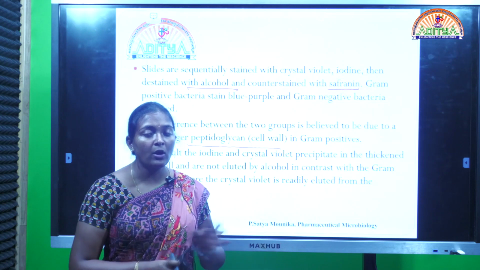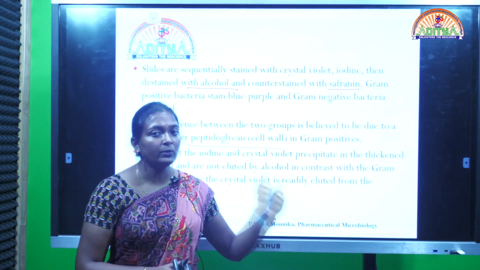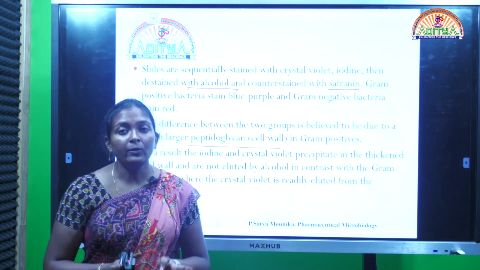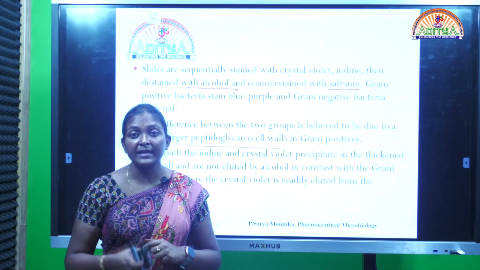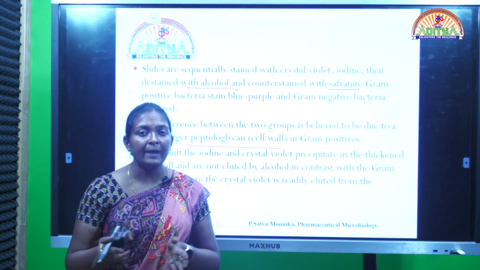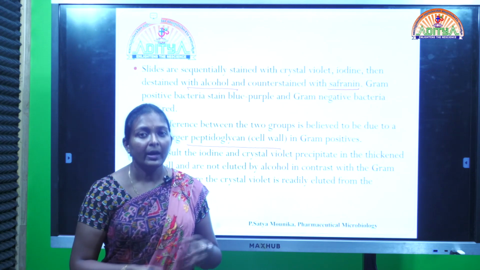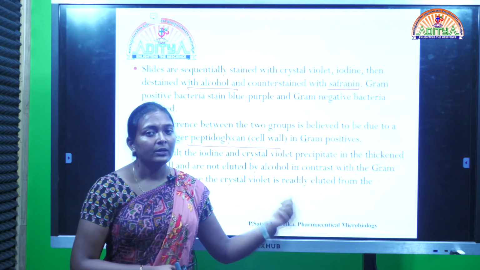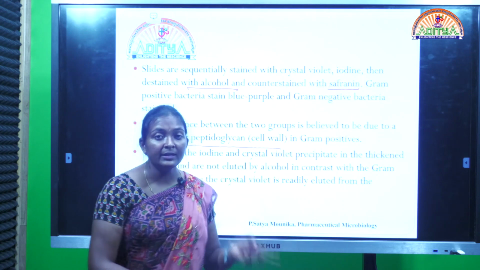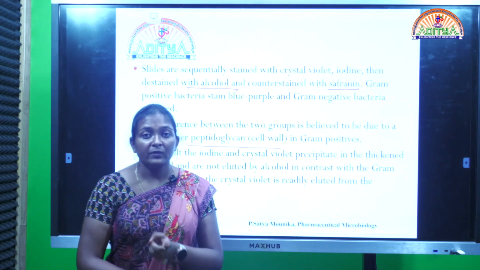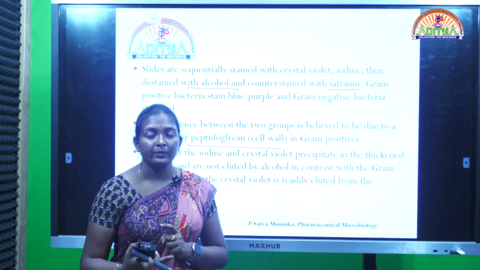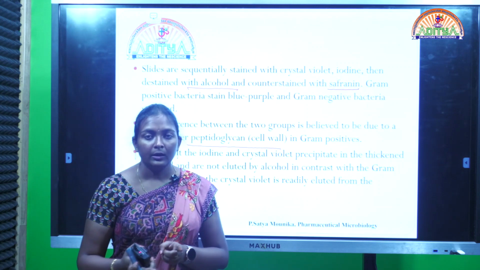When it comes to gram-positive, the hole has been completely closed, so no constituent would come out of the cell. So they would still be in the violet color. But the gram-negative bacteria would become colorless because the violet cell constituents would come out. Now when you add the safranin in the next step, the gram-negative cells which are colorless will take up the safranin and give us a pink or red color appearance.